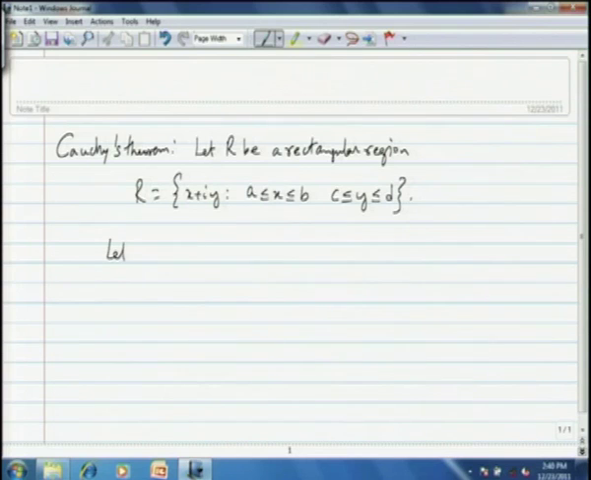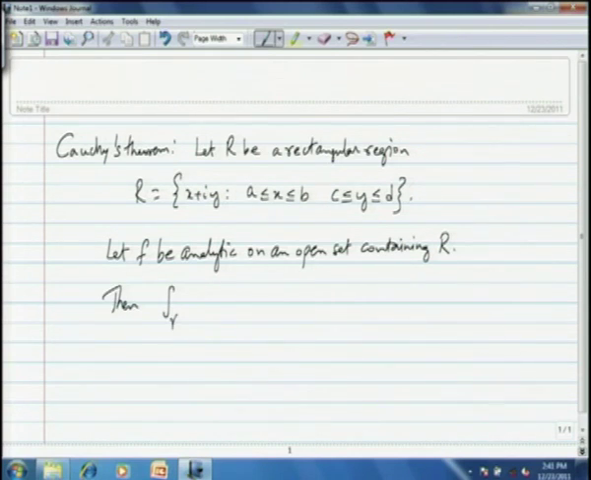And let f be analytic on an open set containing this rectangular region R. Then the conclusion is that the contour integration of f of z dz on the boundary of the rectangle R, oriented in the positive sense, is equal to